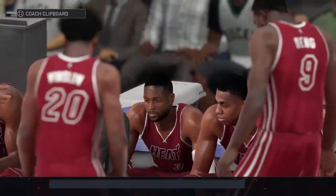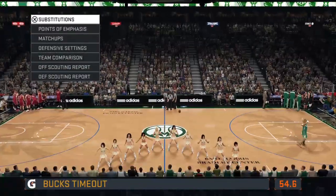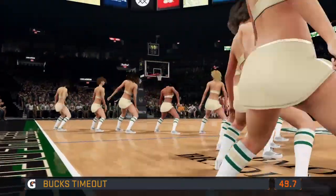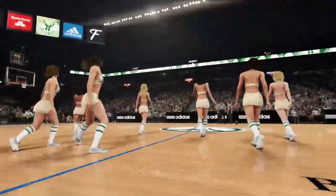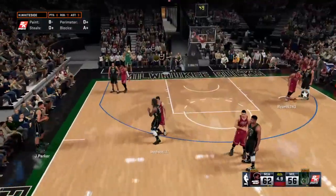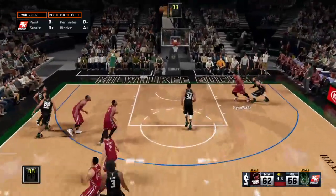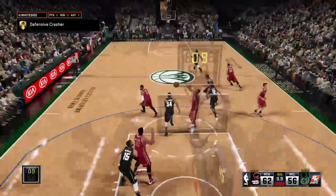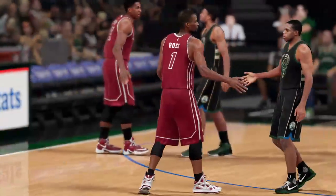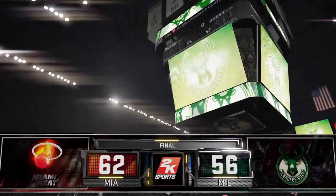Timeout called, the Bucks. They're trailing by 6. Just 4 seconds left in the fourth quarter. What's your take, guys? You know, you like the fight all the way to the end, but let's face it, guys, this one's over. Yeah, I agree with you, and I really think you shouldn't be allowed to call timeouts late in the ball game if there's no chance for it to do any good on the scoreboard. Here's Mayo from deep. And doesn't he just have a nose, a knack for the basketball? He is by far their best rebounder. Well, he has been today, no doubt about that. His effort